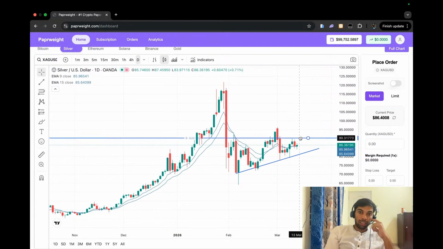So I have to mark this as a selling area. This is the selling area where the sellers are active, and they are trying, because after this buying, this is also not a great buying, but these are the buyers who shifted from here to here. And if this buying continues, then market has the potential to go in the up direction. But at the same time, market has existing sellers at this area.